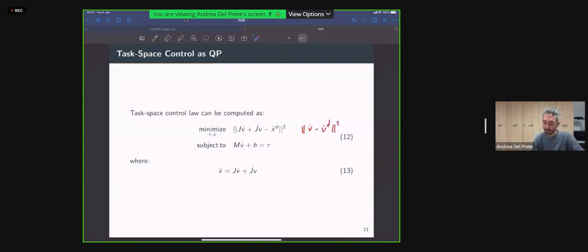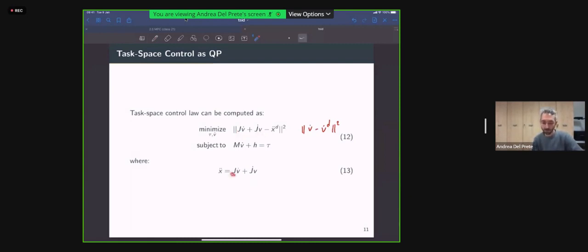And now instead we are doing x double dot minus x double dot desired, where we have expressed x double dot as an affine function of the joint accelerations, which is very simple to do, just computing the Jacobian of the quantities that we want to control.